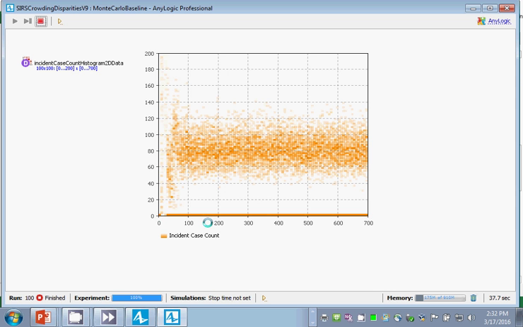This is a case without an outbreak. The outbreak dies out prematurely, just peters out. Here, the outbreak occurs. Here, the outbreak occurs, and the outbreak is